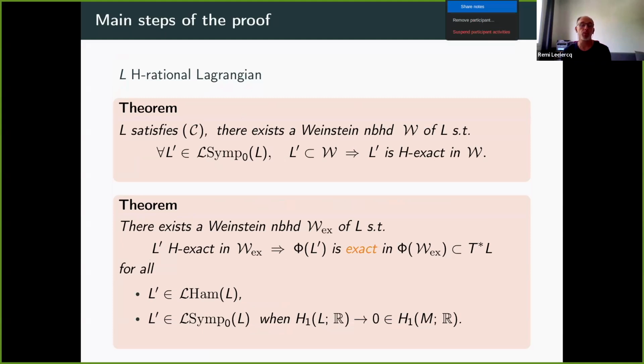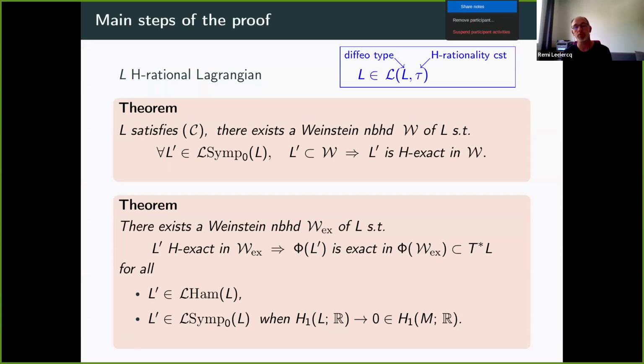But actually we prove more. We prove something which is more general. And actually it's going to be used in the rest, like for the application. So I'm going to explain just a little bit, but then I need a new set of Lagrangians, right? This curly L of L, tau?